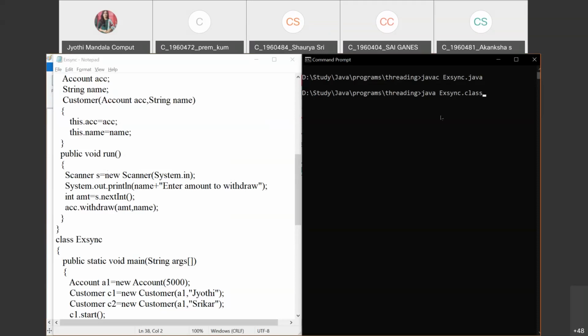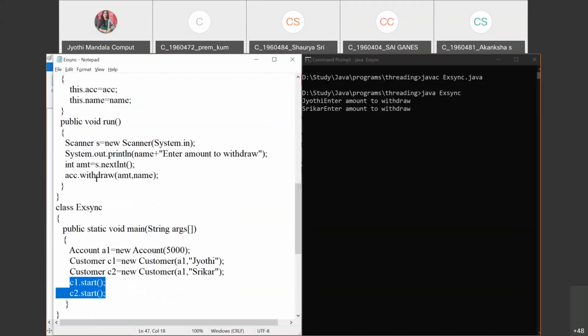Now, if you see here, as both the customers' execution has started, both can be executed simultaneously. It is asking the first customer, Jyoti, to enter the amount, and the second customer is also requested to enter the amount. So I need to give two values.